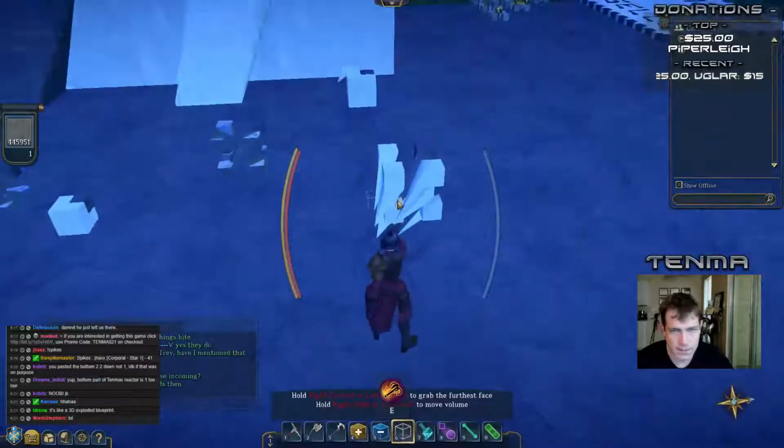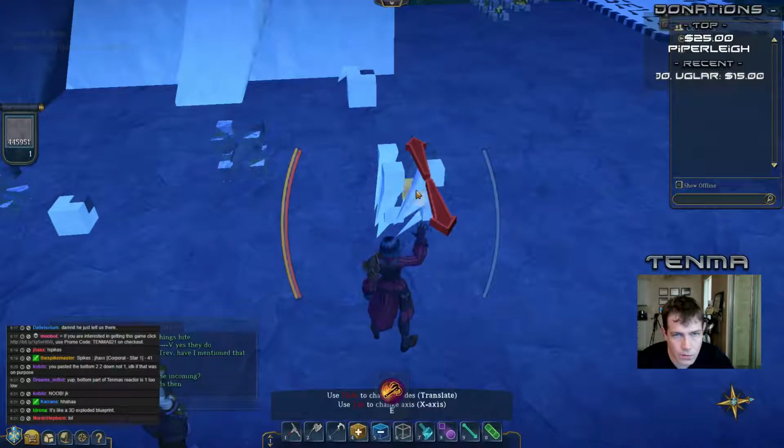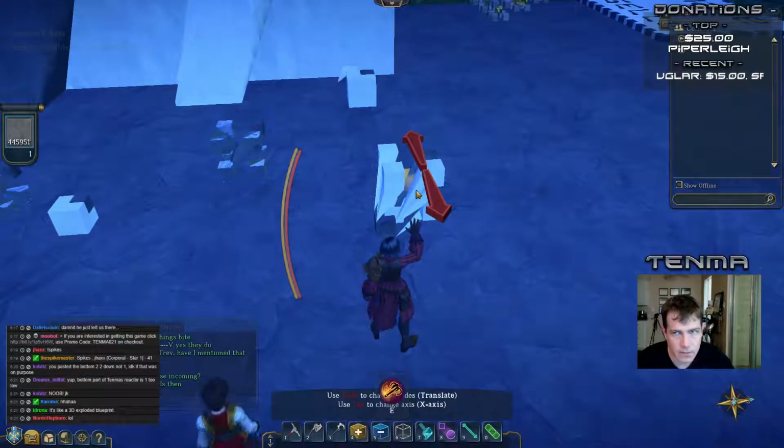I'm going to paste this. Okay, so now that we've got that putty, let's throw it in the center, and it's going to make that offset voxel that we're looking for. Now these offset voxels are